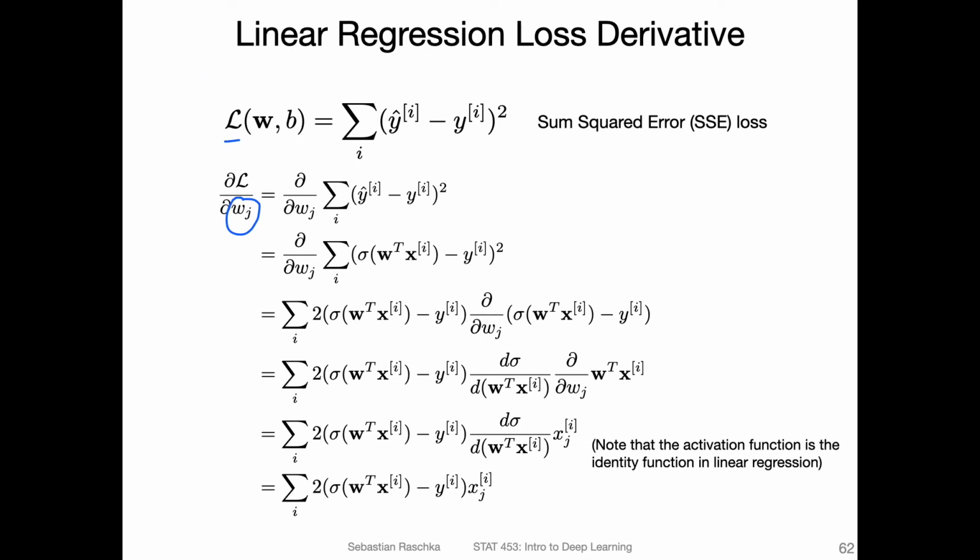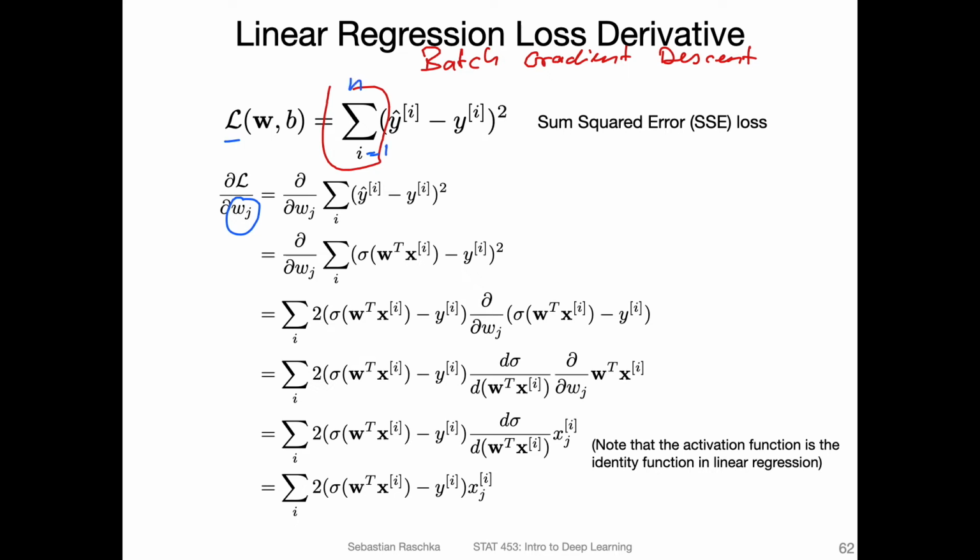So we are considering here the sum squared error loss. On the previous slide I showed you, for simplicity, the stochastic version, where we only compute the gradient based on one training example at a time, which would be an approximation of this overall loss function, right? If I only consider one data point and ignore the sum, this would only be an approximation of the overall loss function on the training set. Using the whole training set is actually more accurate. This is sometimes called just gradient descent or batch gradient descent, if we use the whole training set, where we have i equals 1 up to n.